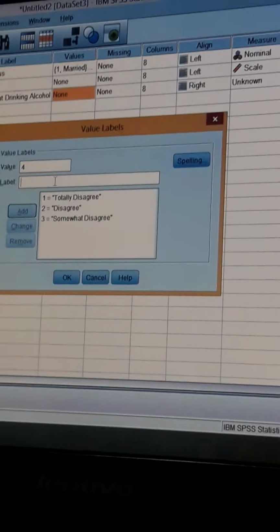Since we have considered numeric, so we are keeping it as scale. And then comes the role. Okay. So now we will see how it looks like in data view. See, we have created 3 variables: marital status, age, alcohol.